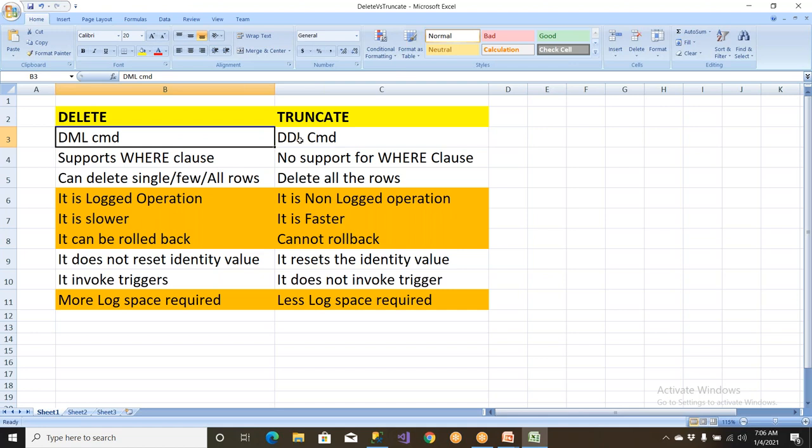Delete is a DML, truncate is a DDL. Delete supports the where clause, truncate has no support for where clause. Delete can delete a single row, few rows, or all rows; truncate can delete only all rows. Delete is a logged operation. This is where the difference comes. Okay, truncate is